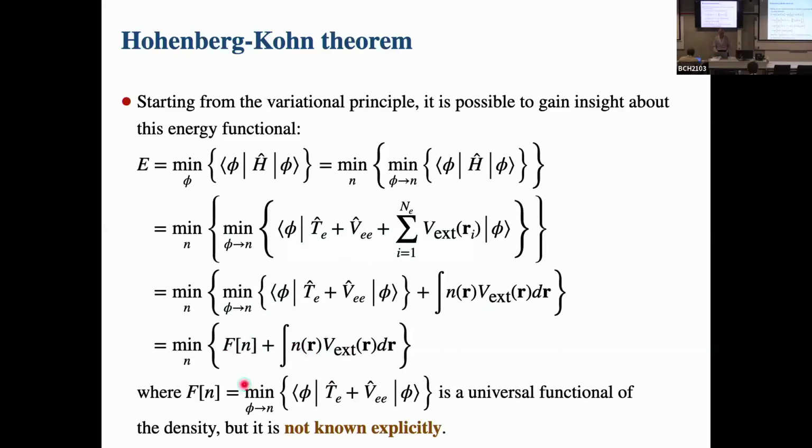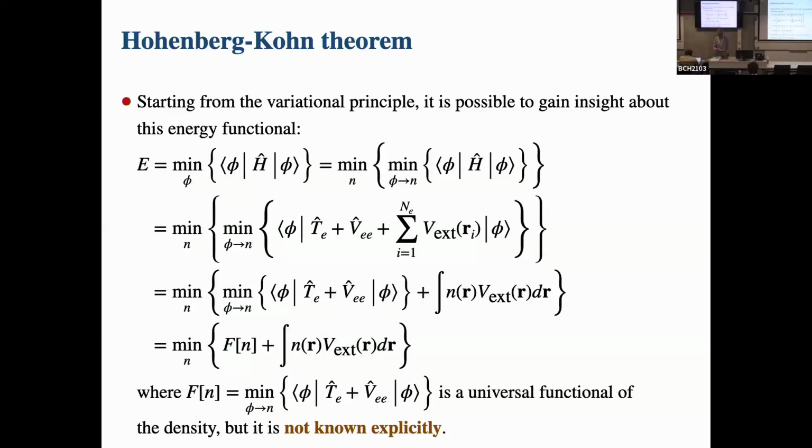But for this one, we still don't have any explicit function. It's a functional of the density, which is universal, but we don't know it. There is actually field research in which people are trying to obtain the best approximation for this F of n. For instance, for the kinetic energy, they take the so-called Thomas-Fermi approach, where we know that there are some things missing, but they try to get a more and more accurate version of